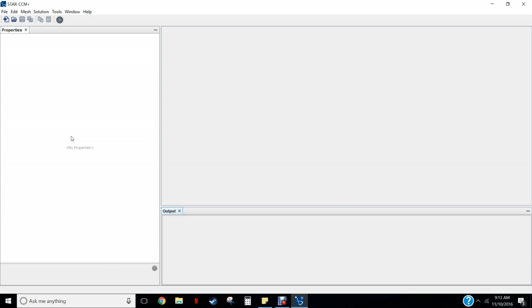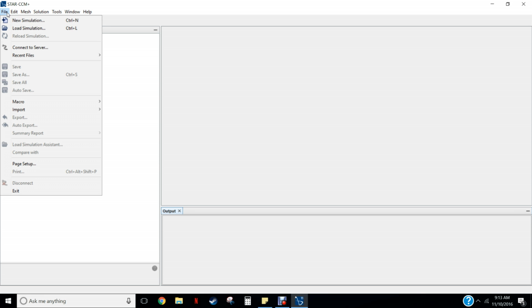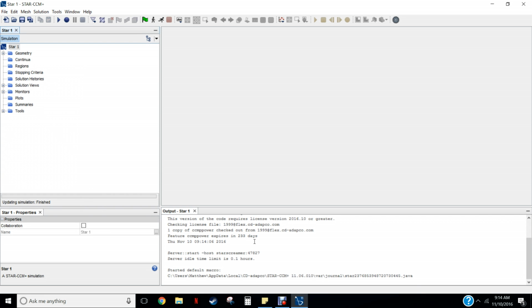All right, now that Star CCM is loaded, what you want to do is load into your Power on Demand license. So we can go to File, New Simulation. You should note that right down here, there's a server idle time limit. You should have set this to 0.5. Mine's 0.1. That's not really a problem, but